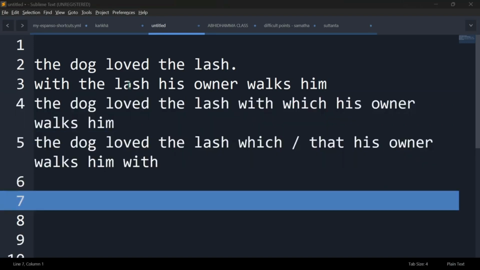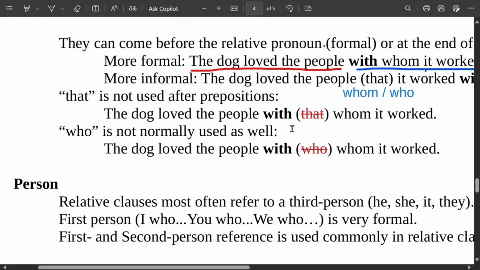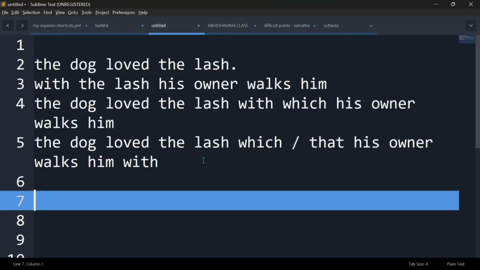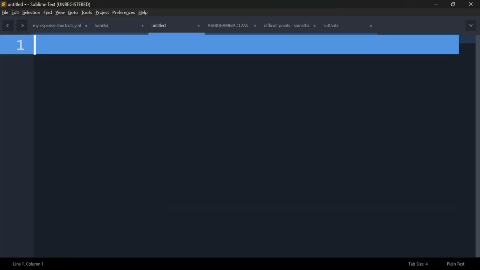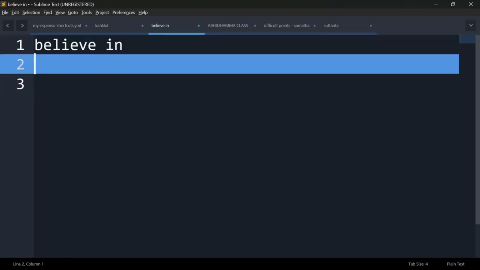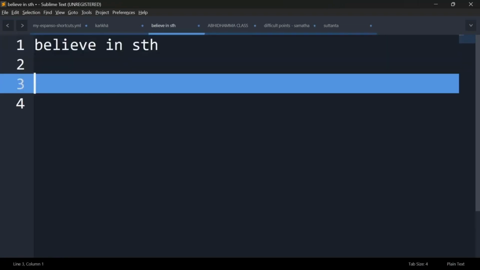Let's try one more. Okay, let's try one more. No? This is a bit difficult. Any suggestions? So always give me some suggestions. With another preposition, not with. For example, look at or believe in. Let's use believe in, for example. Okay, believe in. Believe in, right? Remember this verb believe always goes with this preposition in. Okay, so now you believe in something, right? Believe in something. So let's say